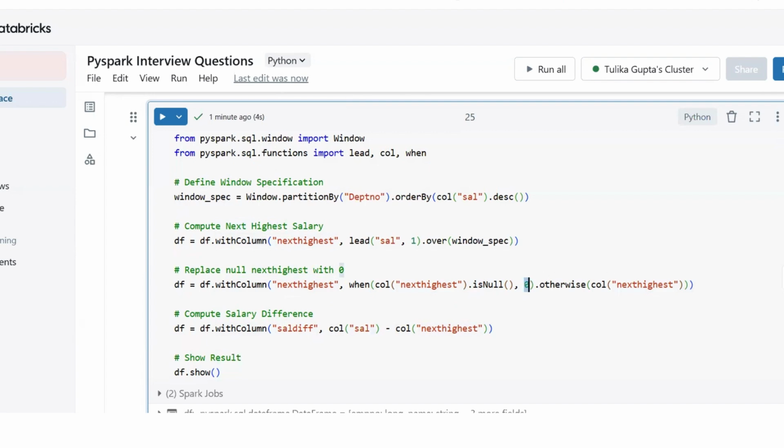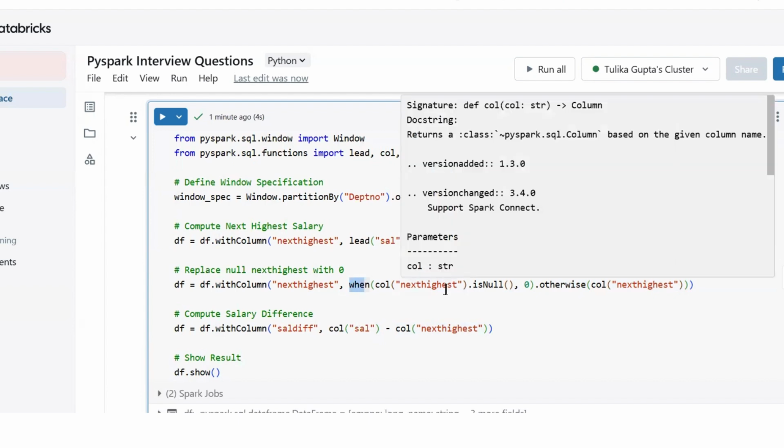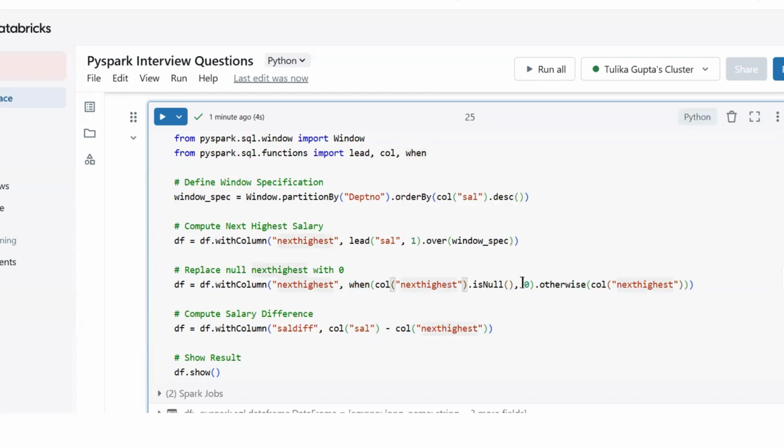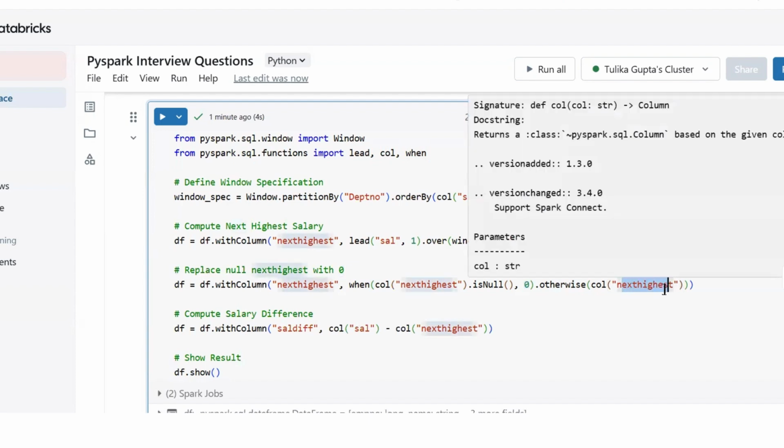If it's non-null, we simply want to show the next highest salary. So we have made use of the when function to see if the column has a null value or not. Whenever it is null, I'm repeating, we add 0 to this column, and when not null, we keep the original value in this column.